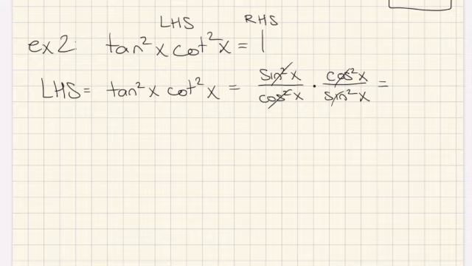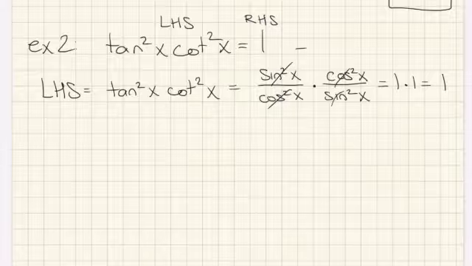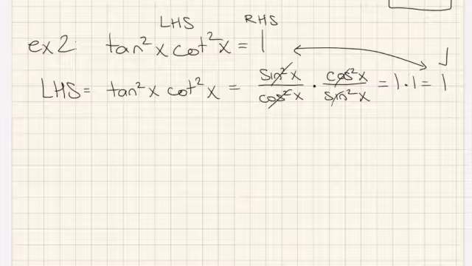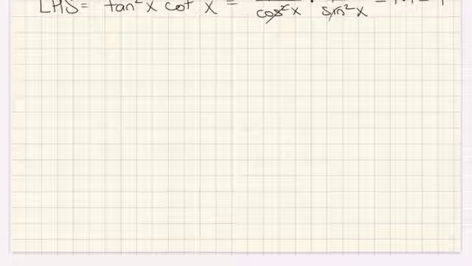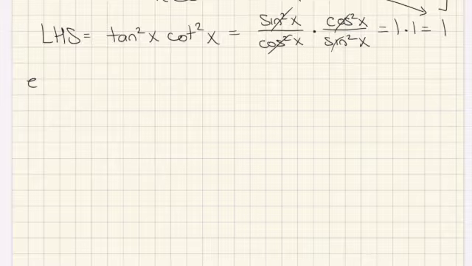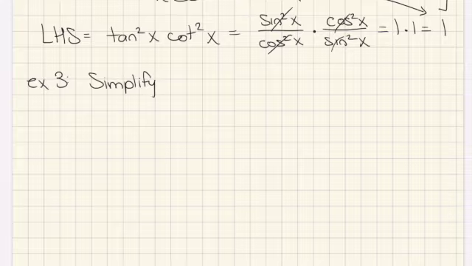Now we are able to move on to the algebra of the equation, and these will be canceling, and these will also be canceling, so we are left with 1 times 1 equals 1, which is clear. So we have now verified for example 2. Now lastly, we are going to be looking at example 3, which says to simplify